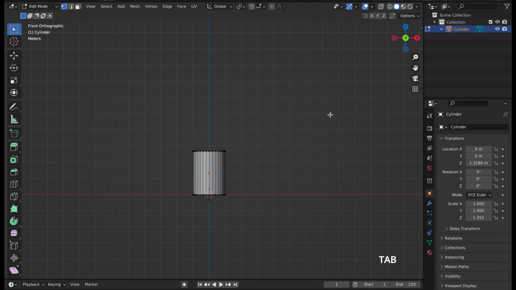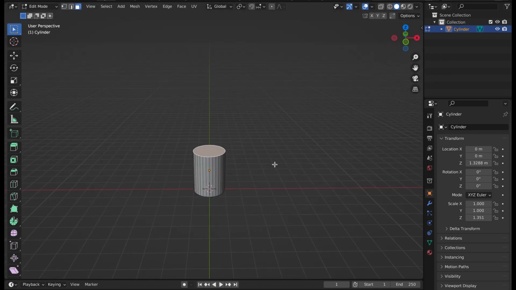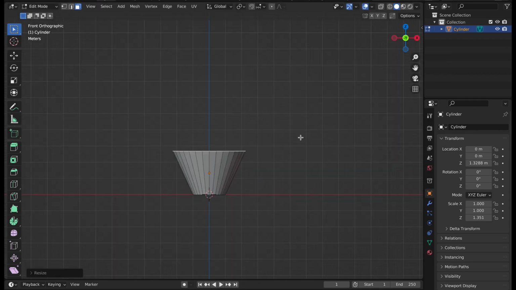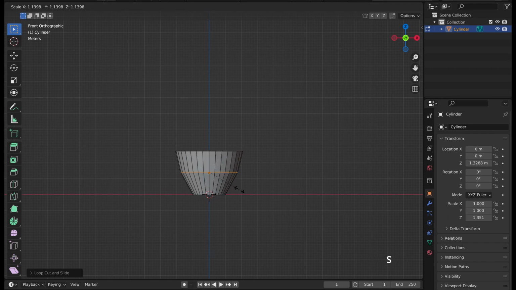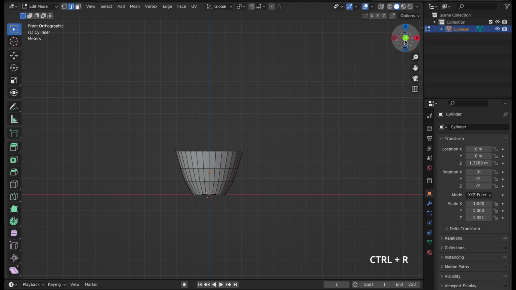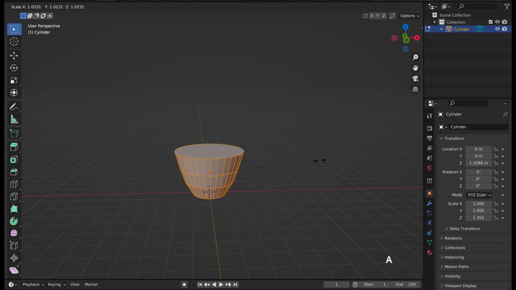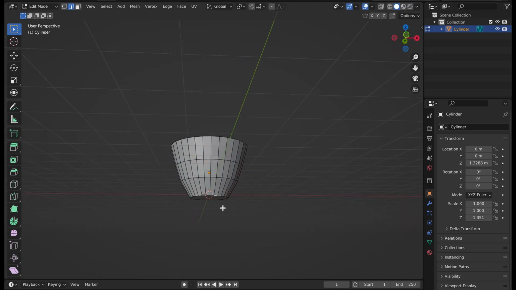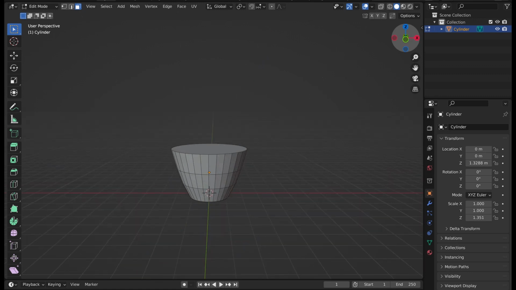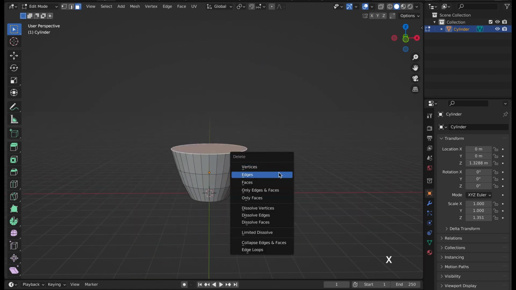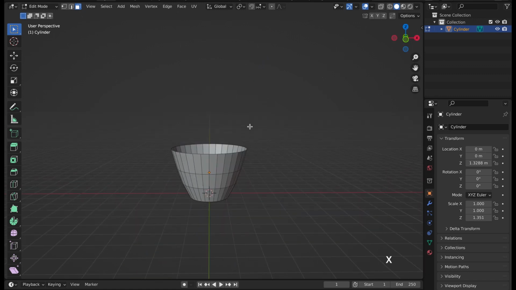Go to edit mode, select the above face, S to scale it, Control R to add a loop cut, S to scale it, add another loop cut, adjust it like so, press X to delete the above face,